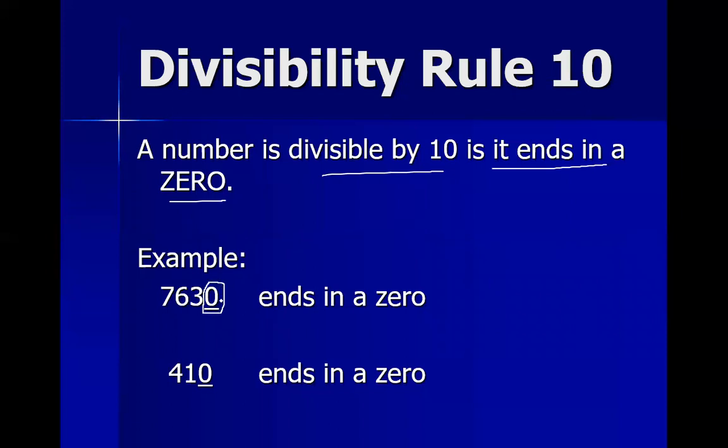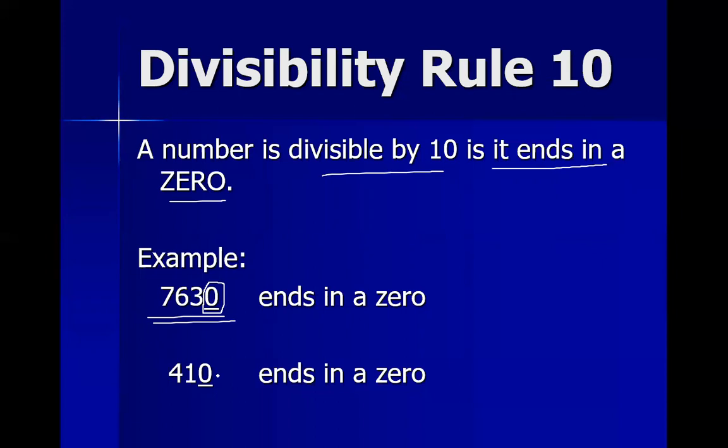If it is ending with 0, then the number is completely divisible by 10. Only you have to see the last digit. If it is 0, then the number is exactly divisible by 10. There is no need to divide. There is no need to show the division, because by seeing the number we can tell that the number is